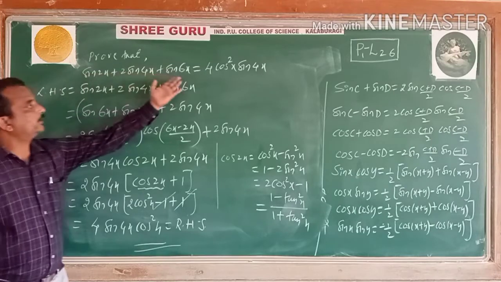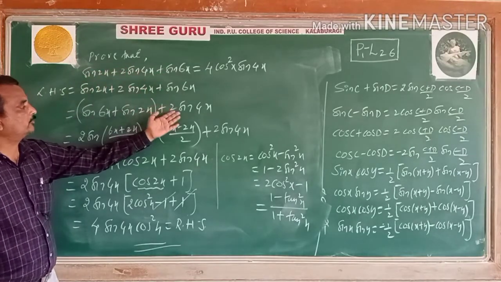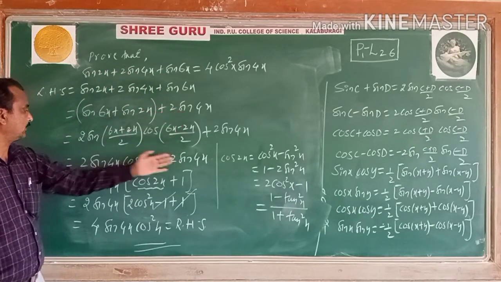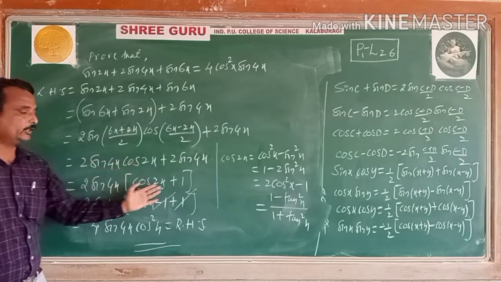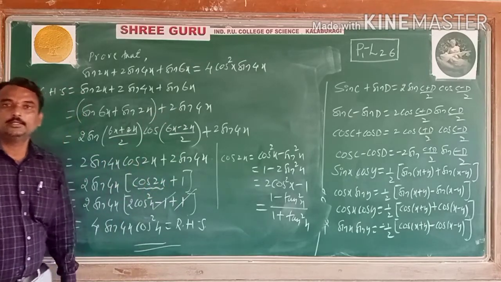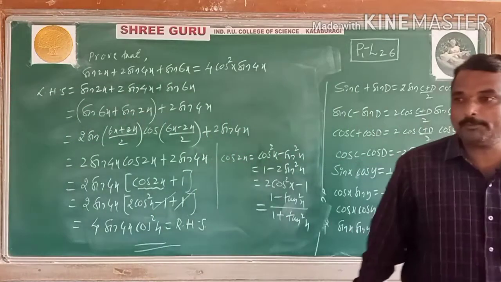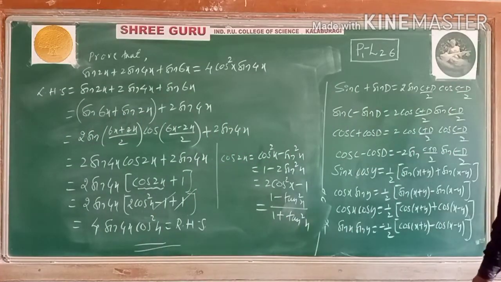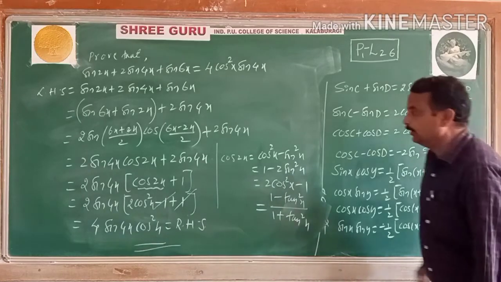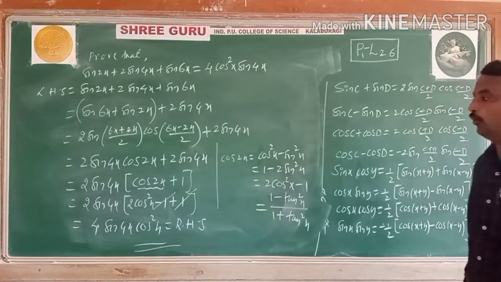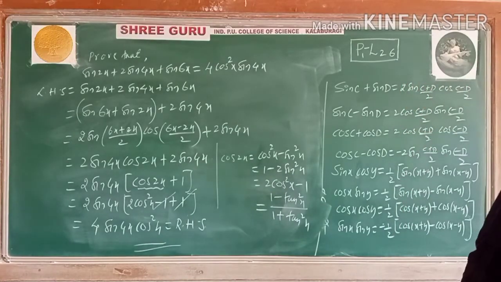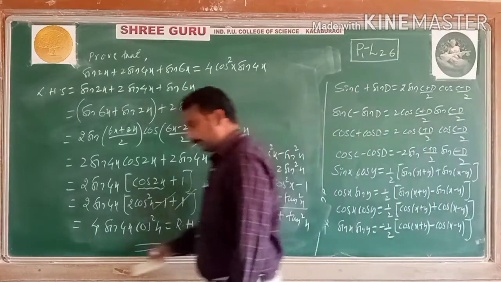Sum of the 3 terms here arranged as 6x and 2x, and this 2 sin 4x remains as it is. In that we take a common term here, then the cos 2x formula is applied here. We have applied the formulas here. Let us see the next example. This is sin of 4x, 4 sin 4x into cos square of x. So next, come to the next one.